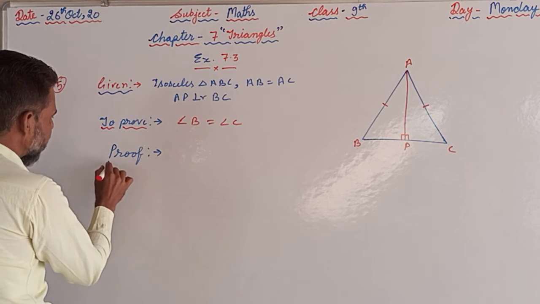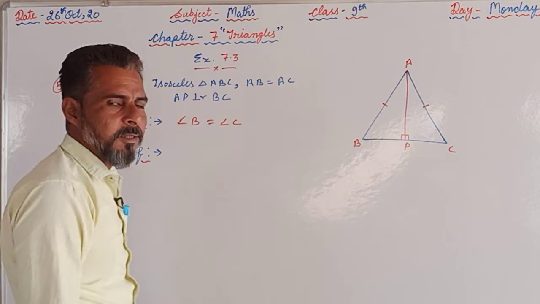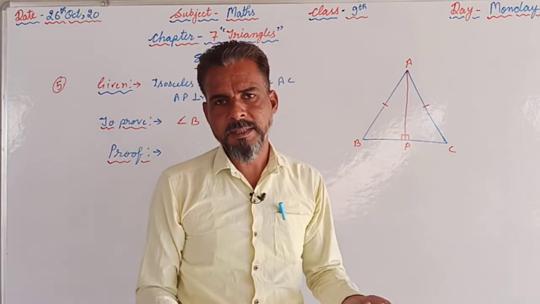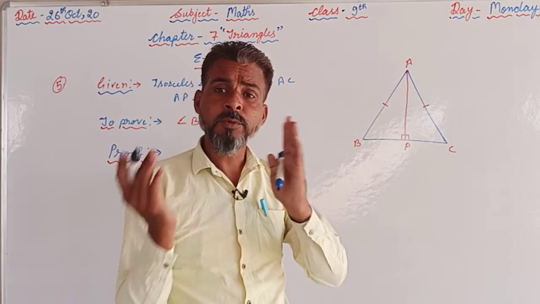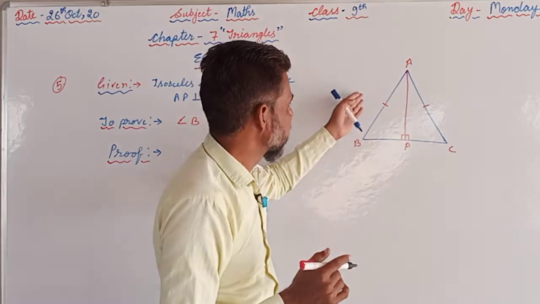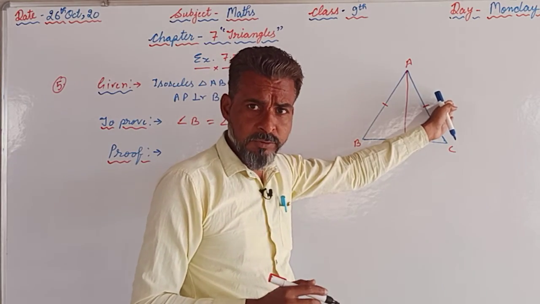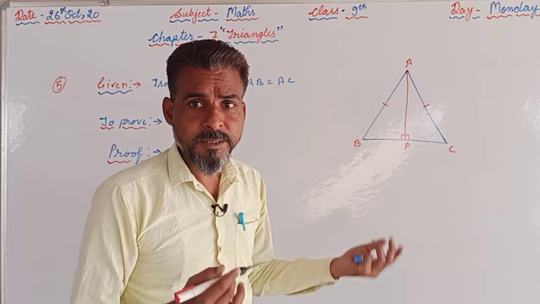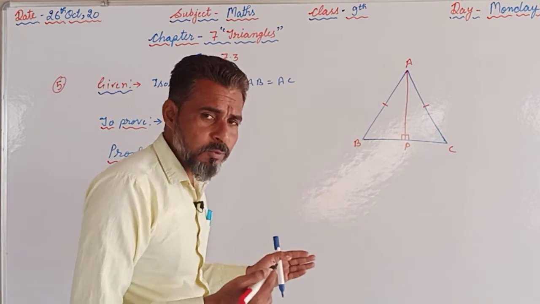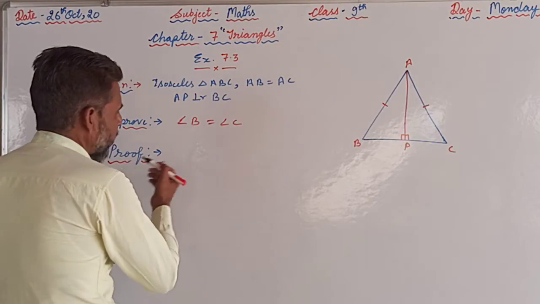So the proof is there. Many times we have used that statement in the previous classes as well, that if two sides of a triangle are equal, then the angles opposite to the equal sides are also equal. As this is an isosceles triangle, we are supposed to use angle B equals angle C. But why? What is the proof for that? So this question is the proof. So now we will compare the triangles.